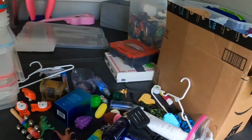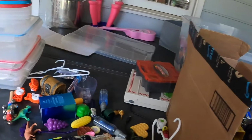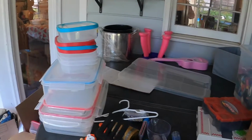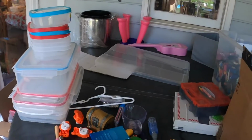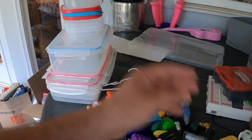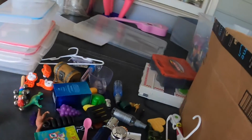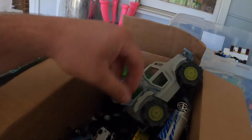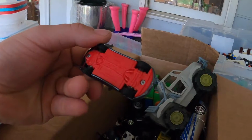Then this stuff my wife was kind of going through. We have a little refrigerator and stove at the pond, so I think this goes to that, and I'm going to show you guys that when I get over there. But this is just, you know, she's just looking at the different colognes and stuff, so we got to kind of go through that. Now I took all the Hot Wheels and Matchbox cars, whatever these are, put them all